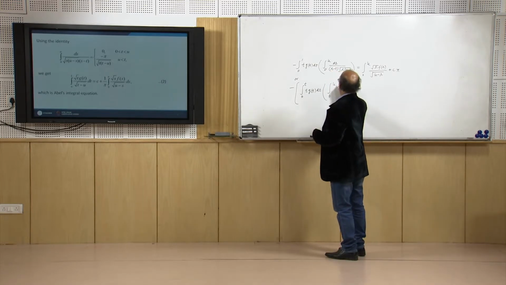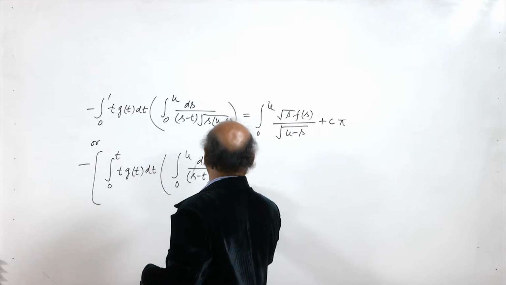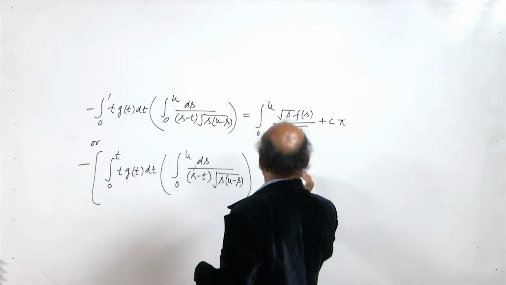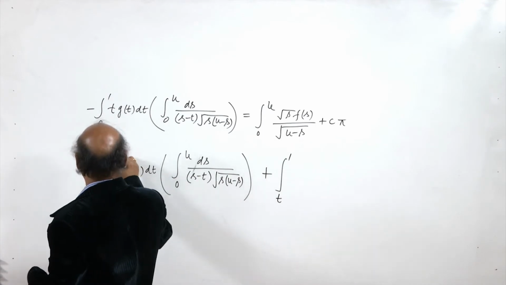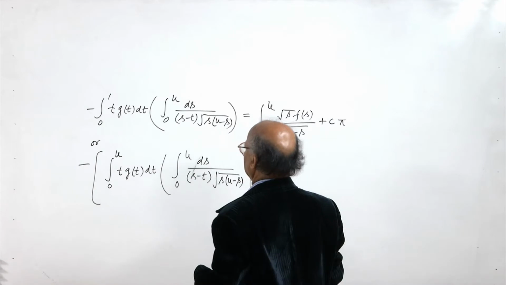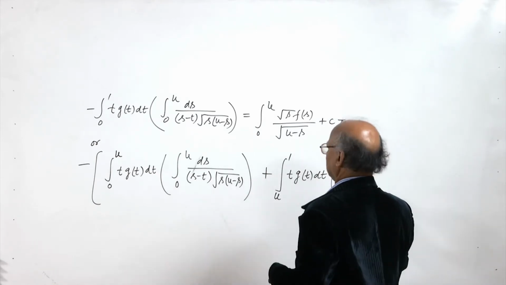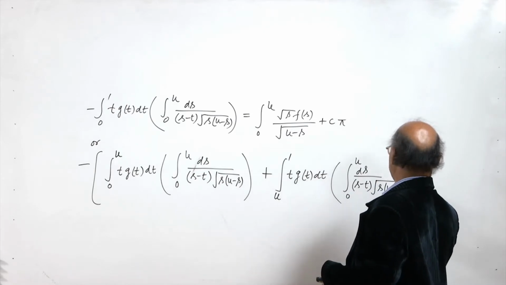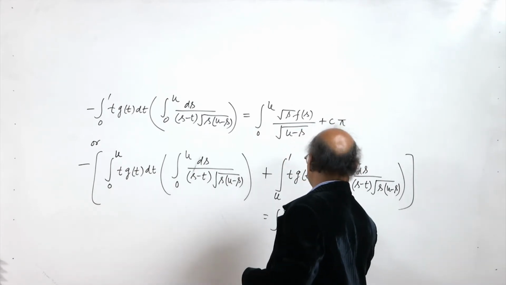integral 0 to u ds over s minus t square root s into u minus s, plus integral u to 1, not 0 to t, 0 to u and here u to 1, t gt dt integral 0 to u ds over s minus t square root s into u minus s, equal to the right side, integral 0 to u square root s fs divided by square root u minus s plus c